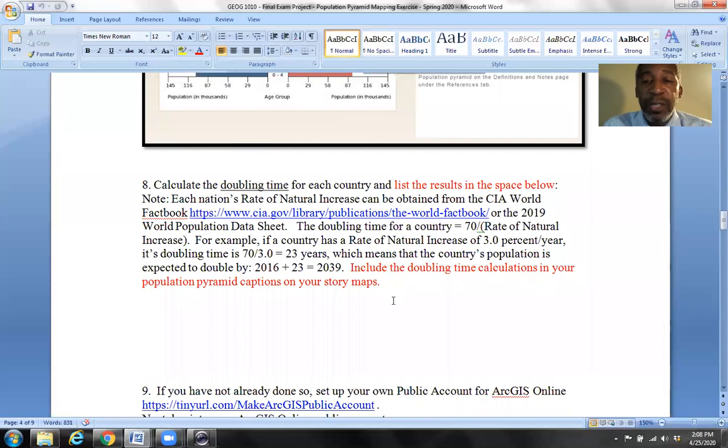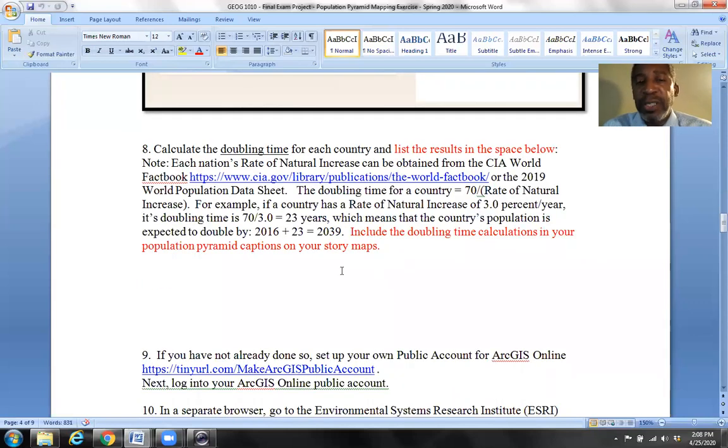Also, for each country, follow these instructions to calculate the doubling time for each country. And the doubling time is the amount of time it takes each of these countries to double, which is an expression of the rate of growth. And so what we usually see is that countries that are poorer, in some cases, have higher rates of growth or lower doubling times,